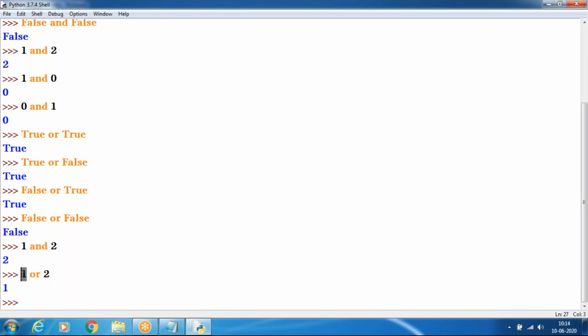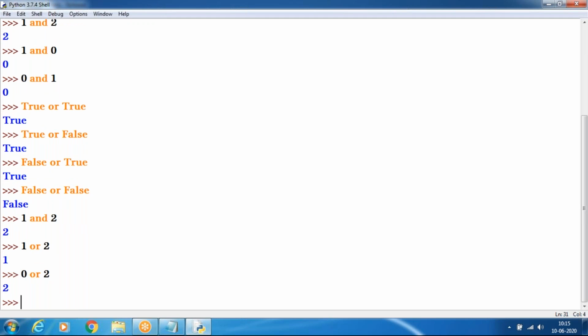In case the first is false, like 0 or 2, then it checks the next condition, 2, and the result will be true.